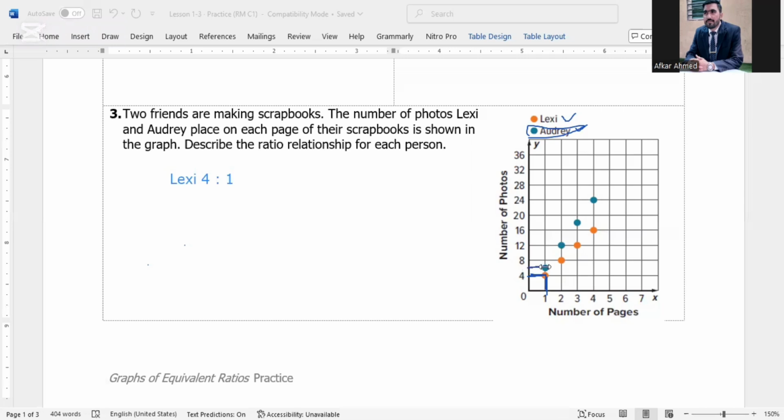If I draw the line between 4 and 8, what is the number? 6. And if we move down, it's one page. On one page, how many photos are there? 6. So we will write down here that Audrey puts 6 photos on 1 page. Now we have to compare these two ratios. Lexi is putting four photos on one page. Audrey is putting six photos. So which one is putting more photos? So we can say that Audrey